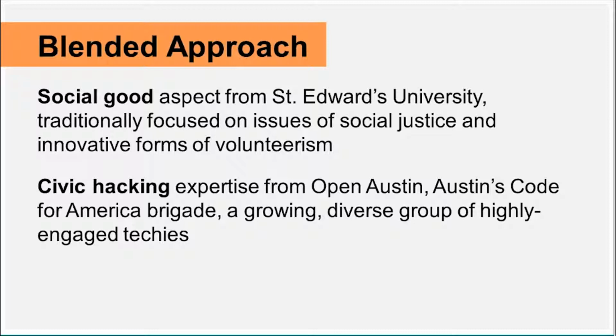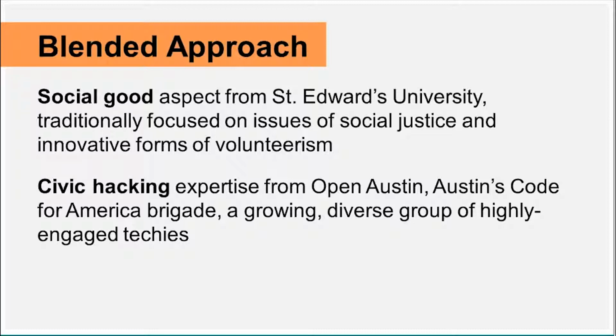And Chip and Open Austin were able to really energize the hacker community early on in the process and curate some really special projects. So Chip, if you want to speak a little bit about the civic approach to this event. Sure. Hello, everybody. I'm Chip Rosenthal. I'm the chair of Open Austin. We are a community volunteer group formed in 2009 to advocate for open government, open data, and civic technology.